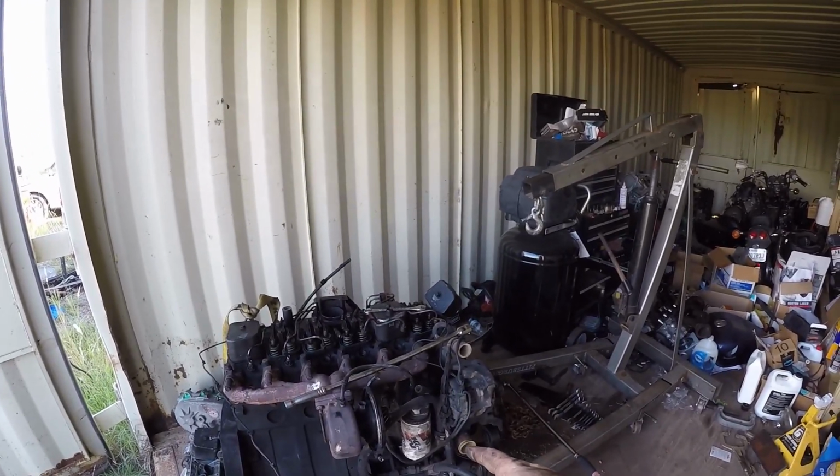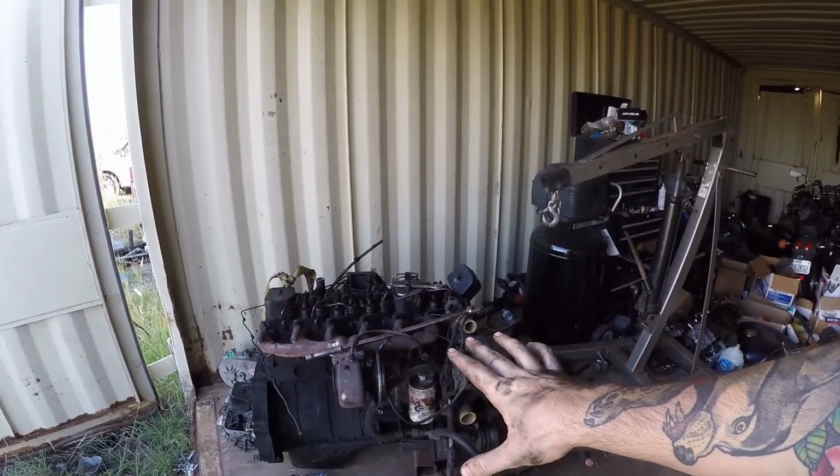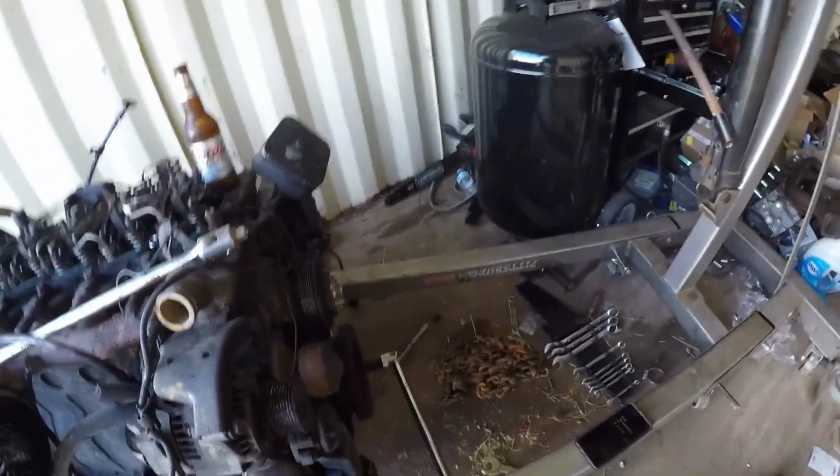But let me get some stuff off of this one, and I'll give you an update here right before we pull the head off. Alright, just quick reference, this is a 4-foot Snap-on breaker bar. These were loose, but when I tightened them up, they should spin. There should be no...